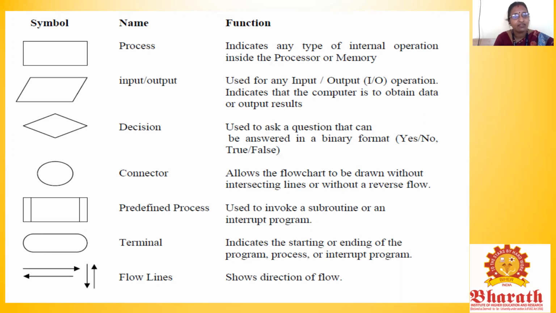Last one, the lines, that is the flow lines. So up arrow, down arrow, left arrow, right arrow. All these show the direction, the way to move, how to proceed with the program. So these are called flow lines, or direction lines. They will be guiding you to move left with the help of the left arrow. If a down arrow is drawn, they will be moving further downwards in the program.